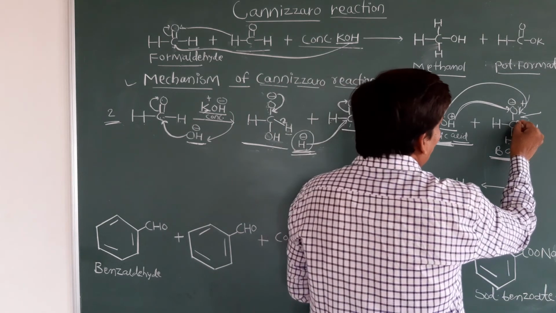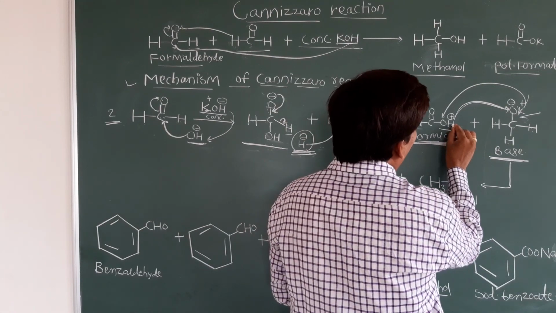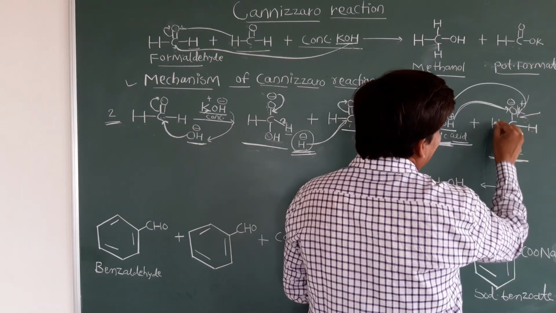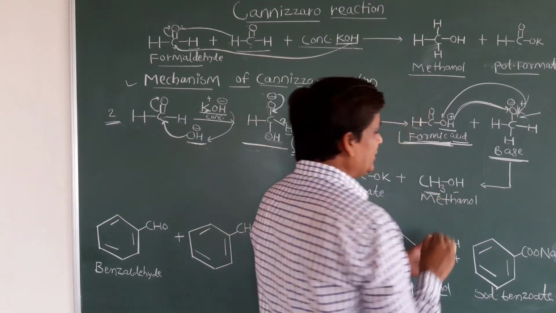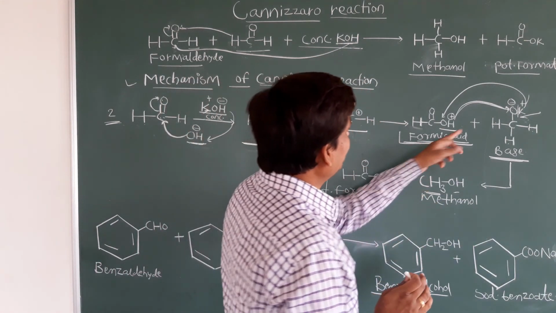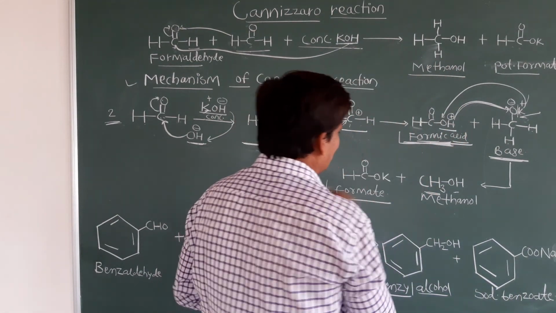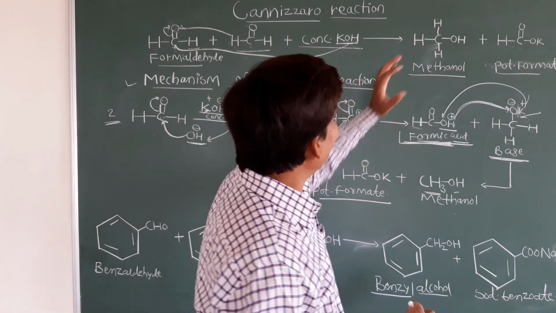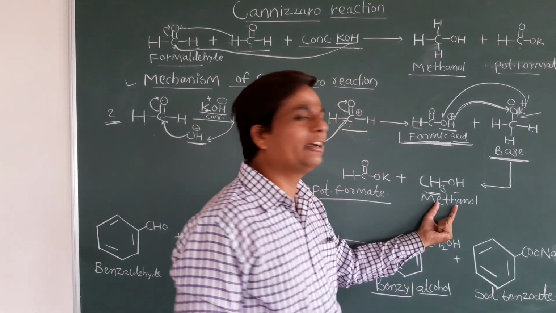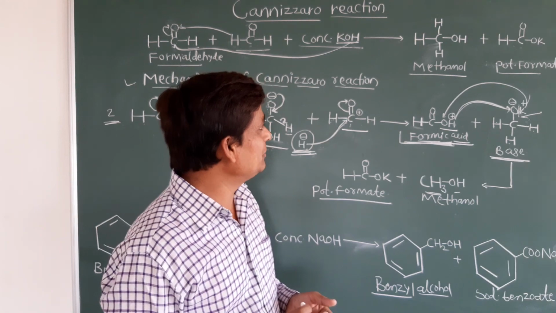And simply here we will get methanol. How do we get methanol? Already this carbon and these 3 hydrogens are there, and 1 more hydrogen from this formic acid attaches to it, the bond breaks, and now it is converted into the OH. Meaning CH3OH. This is CH3OH. This is methanol, or simply we can say methyl alcohol. And the potassium from this base will attach to this formic acid and we'll get potassium formate. Okay students, see the main reaction. In the main reaction also we'll get methanol as well as potassium formate. Here also we get methanol and potassium formate. So this is the very important mechanism of the Cannizzaro reaction.